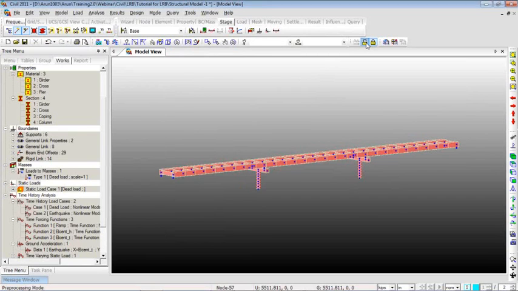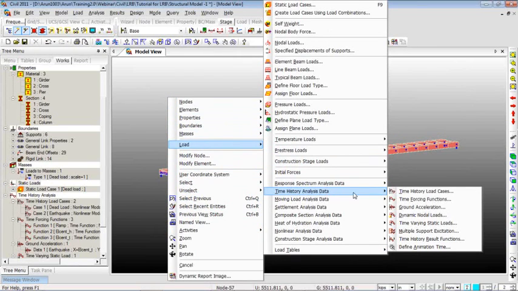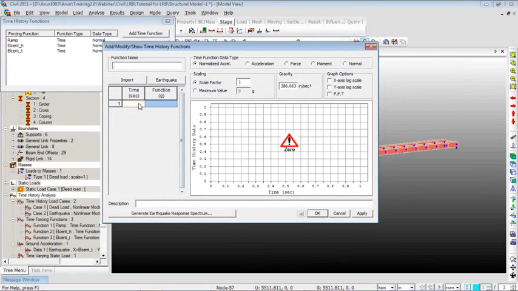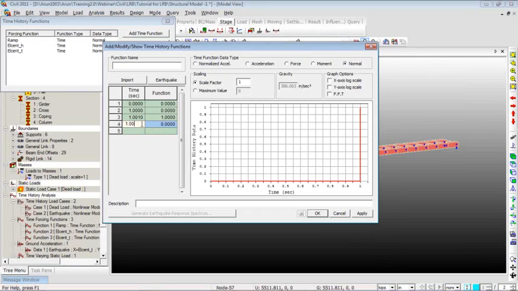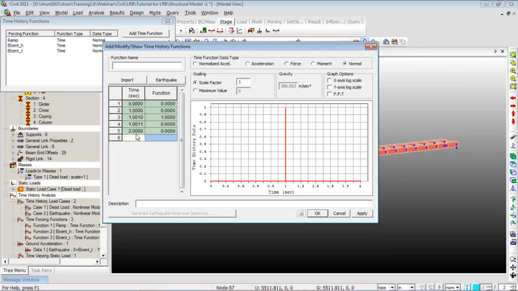For example, let me go to the pre-processing mode, right click, go to load, and time history analysis data, then time forcing functions. Then I click and add time function. Here I can define some function, let's say again of normal type, or if you want to have some force associated, you can add the force function also, but let me choose normal type for now. So what I'll do is at 0 seconds it will be 0, at 1 second it is 0, then at 1.001 seconds, let it assume its full value, and then at 1.0011 it drops back to 0, and then till 2 seconds let's say it is 0. So now